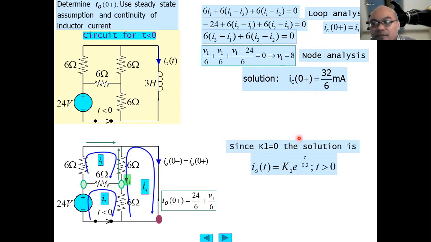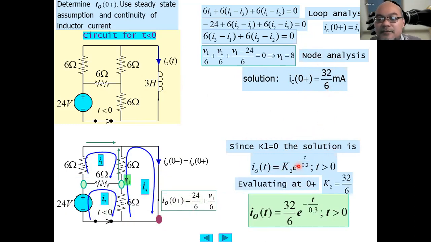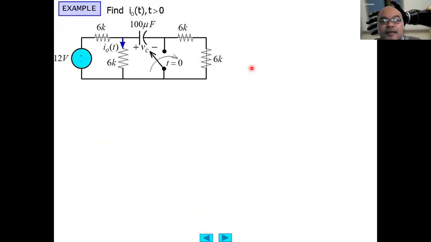Since K1 equals 0 from the previous slide, the solution will be IO(t) equals K2 exponent minus t over 0.3. And we just evaluate at 0 plus, substitute this value into here, and we obtain K2 equals 32 over 6. Okay, so let's